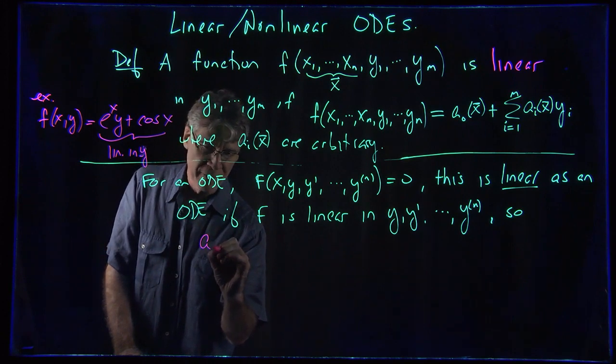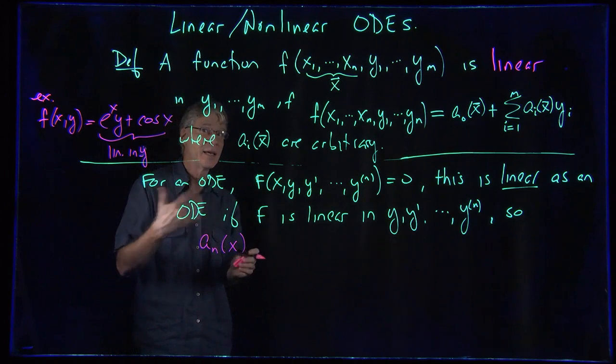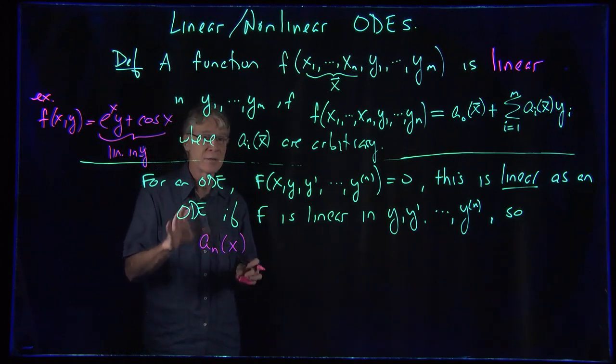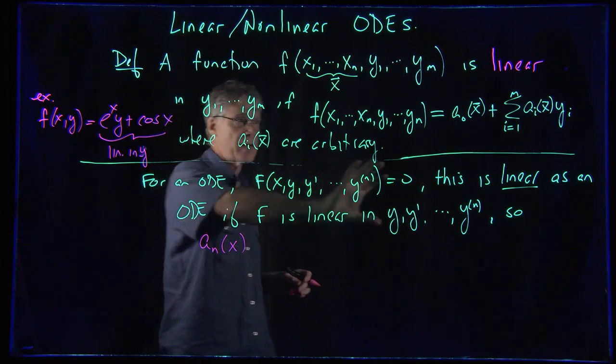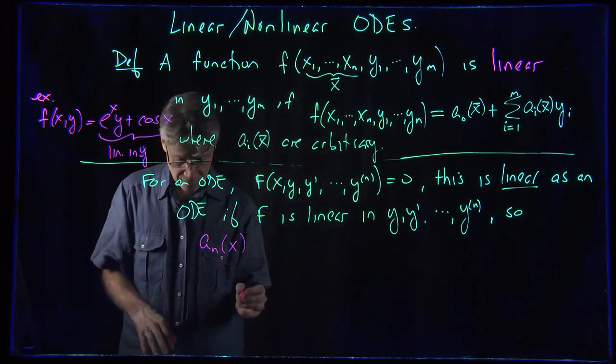We should be able to write f as a_n(x). Remember, x is the independent variable, so it's not linear. This thing does not need to be linear in x. It just needs to be linear in the y's. a_n(x),